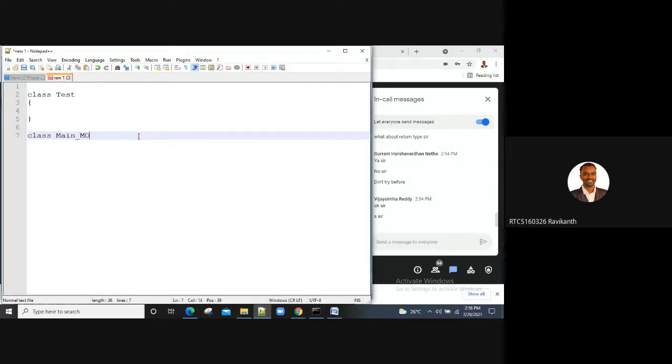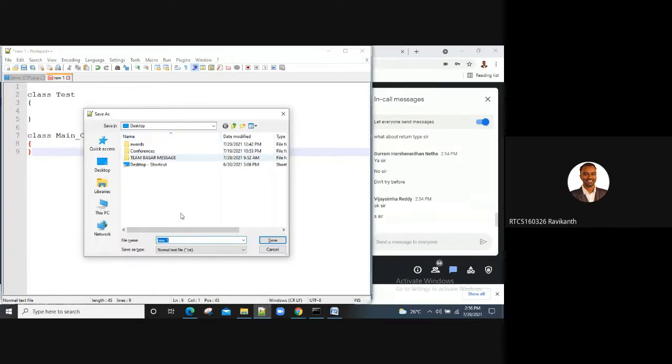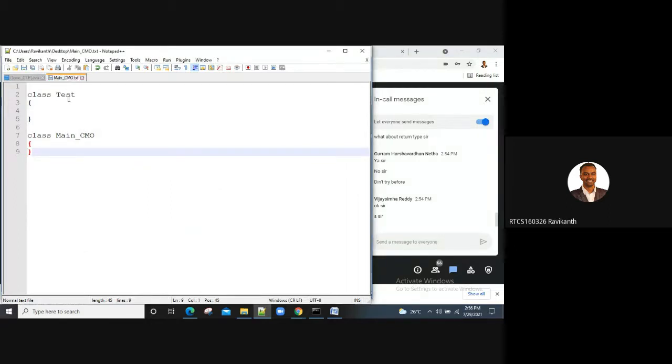So method overloading. Compile time method overloading. Okay, fine. Let me save it as main under compile time method overloading. Oh my god, I saved it as okay.